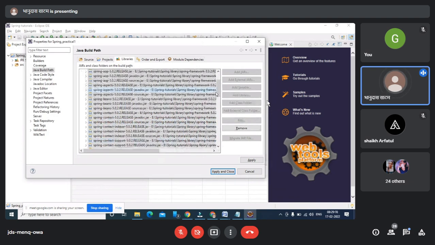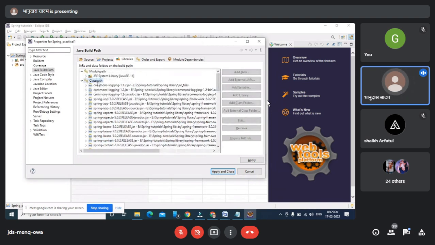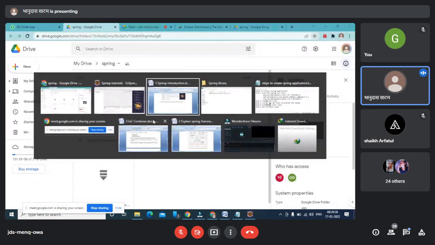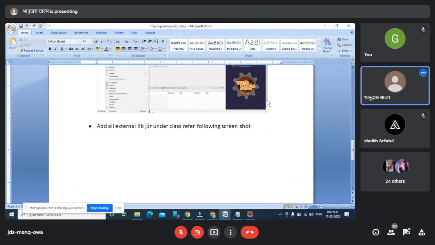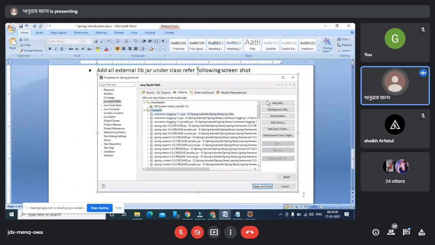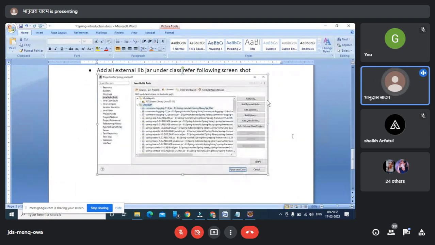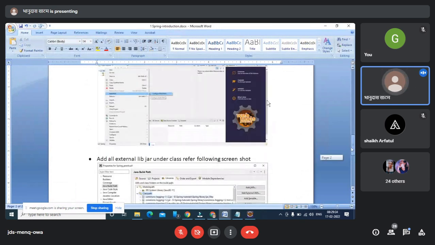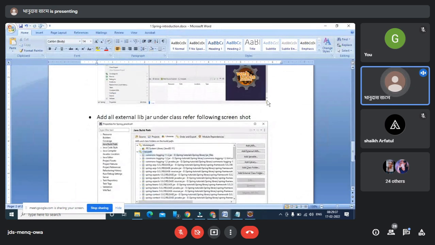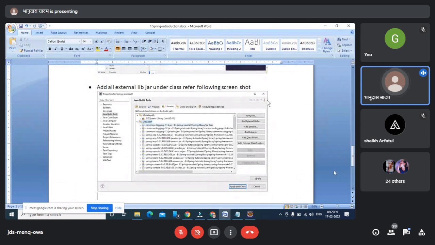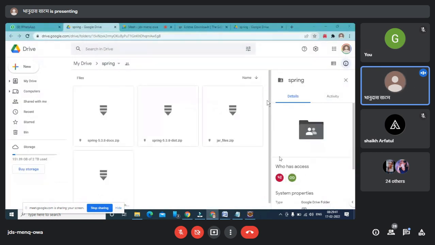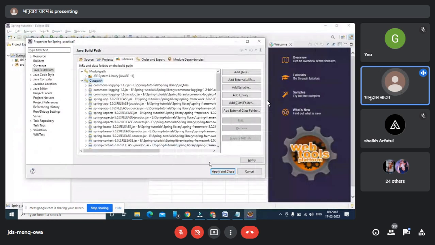Once all libraries are added under the classpath, you make these entire libraries available inside the classpath. And once it's added, your entire application is ready for running Java.